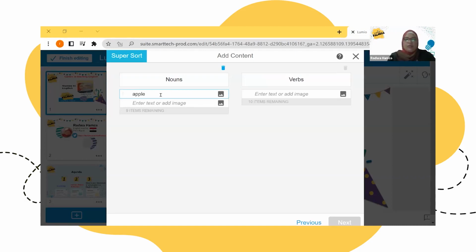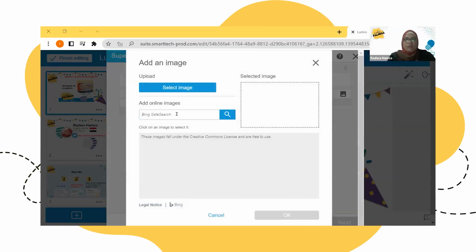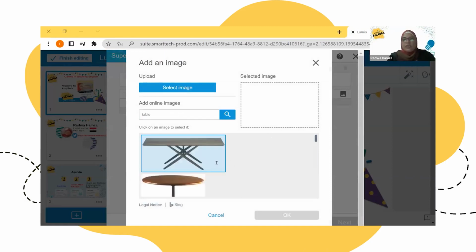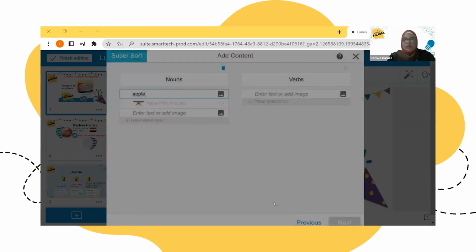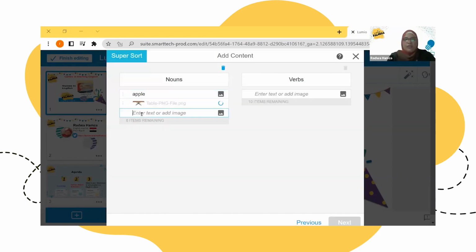Here in Apple, I can use pictures instead of typing. You can search for the picture that you want. I would choose table. So you can have a mix of some pictures and some text.